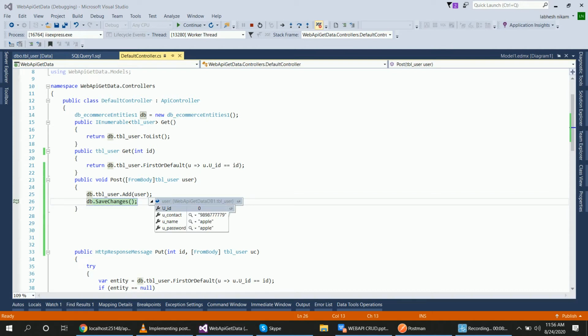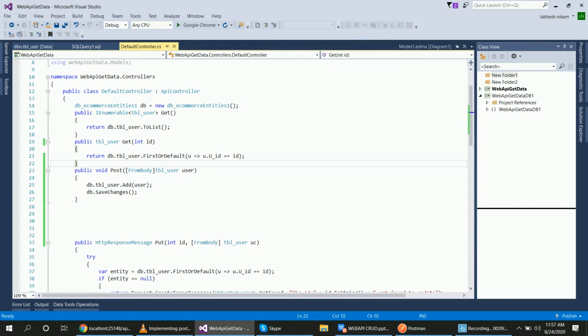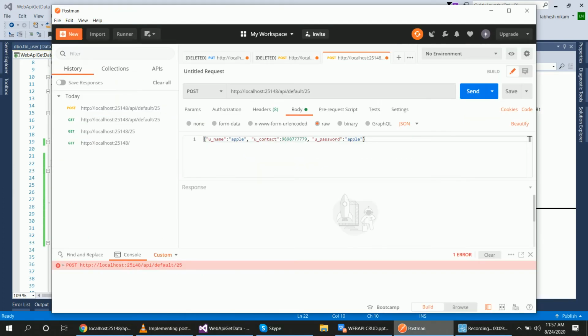This UID is not being received in this method, so there is an error. Why is UID not received? Because we have given 25 here. Why have we given this 25? No need to give any number, because we are going to add a record and the ID is auto incremented. So Apple, send.